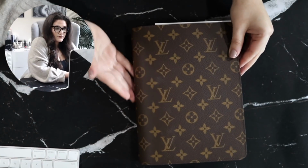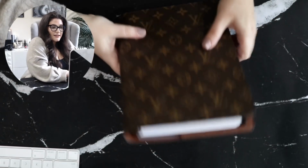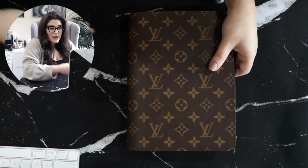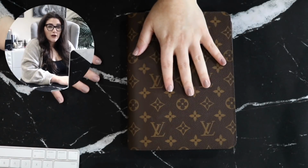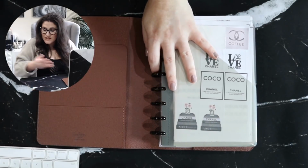And then there we are, right? So you can actually see this is nice and thick. So for someone who really loves a chunky agenda, this actually does incredibly well. I also really love the organization in it, obviously because it's a